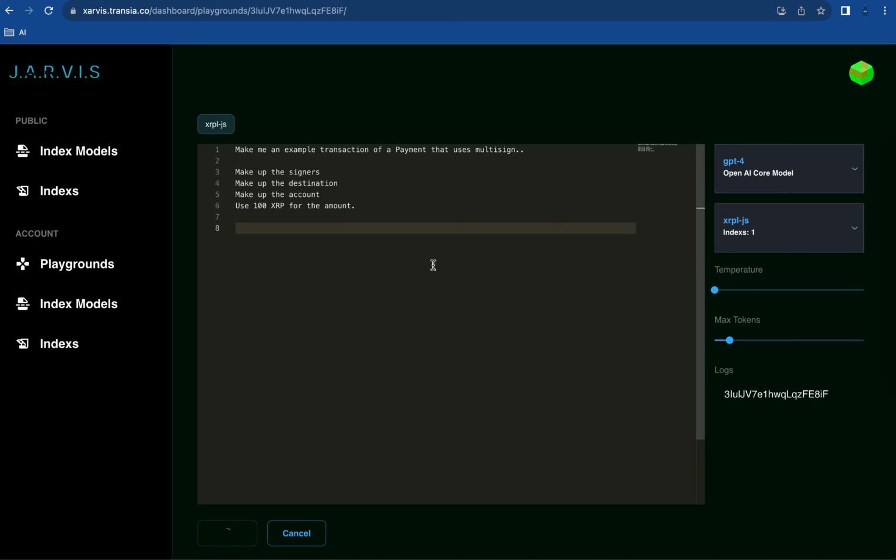So now this is going to take a little longer because it's got to go gather a little bit more. I've done this one before, and it does take a sec, so maybe I can talk about some of the other things. Indexes are basically either GitHub repos, URLs, or PDFs. You can create your own. You may run into some issues right now, but you can definitely try to create your own. When you do a GitHub repo, you have an opportunity to select which folders you want, and that's really good because you don't want to index the entire thing, since there could be a lot of junk files